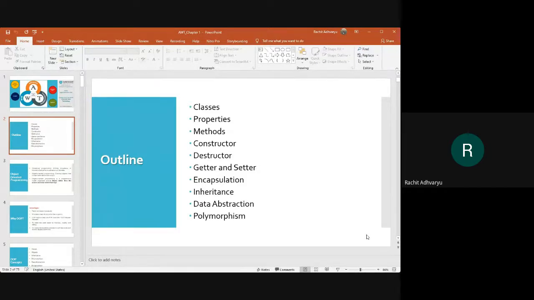Anyone interested to give the answer? Differentiate object-oriented programming and procedural-oriented programming. Okay, fine. No one is interested to answer. That's fine. Then rather than revising, let me go and start with Laravel, unit number 3.